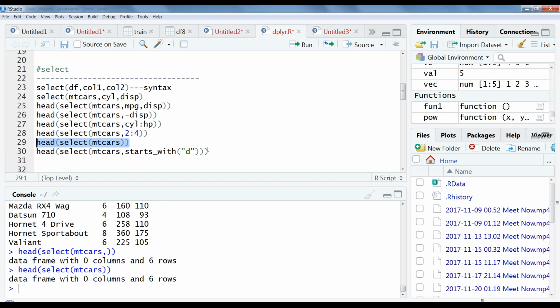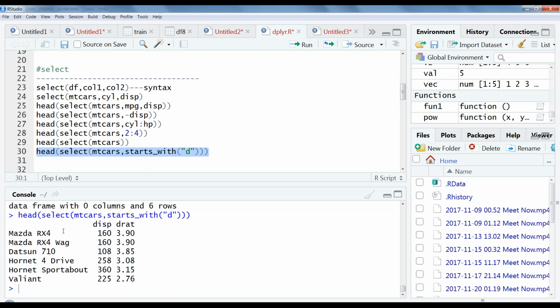Then moving on to the last option. Say I didn't remember the column names, what all columns we have in this. I can say I want the columns which start with a certain letter. I didn't remember the complete name, but I can say D. So columns which all start with D, I want that result. So here column names are displacement and drat. These are the two columns we have in mtcars. The criteria here are matching, so the same we are going to get here. So this is all about the select function.